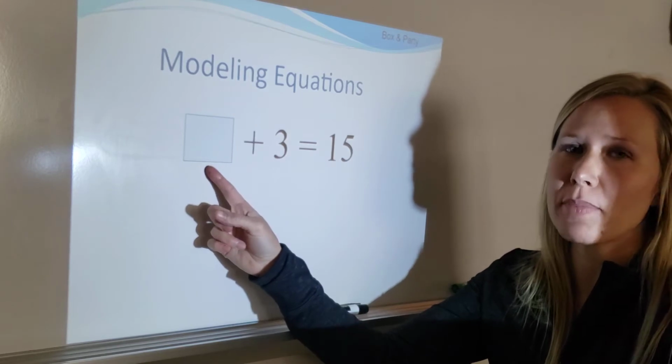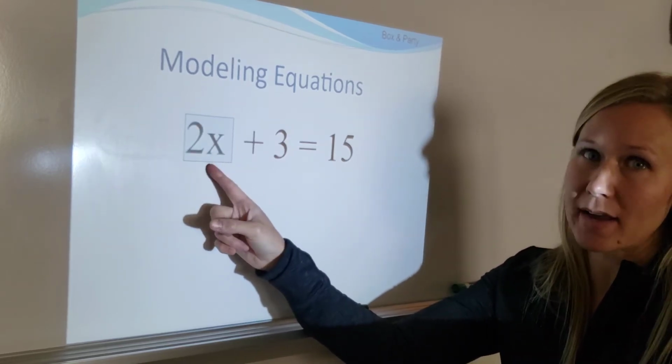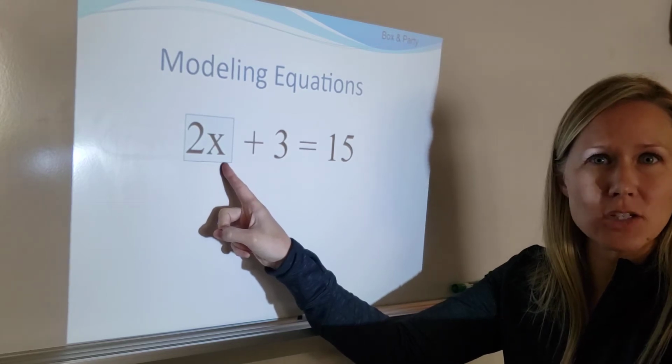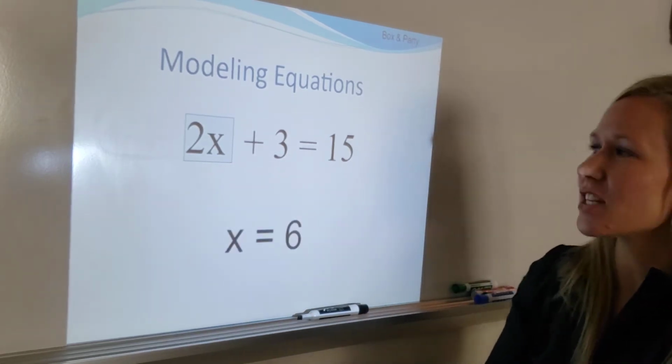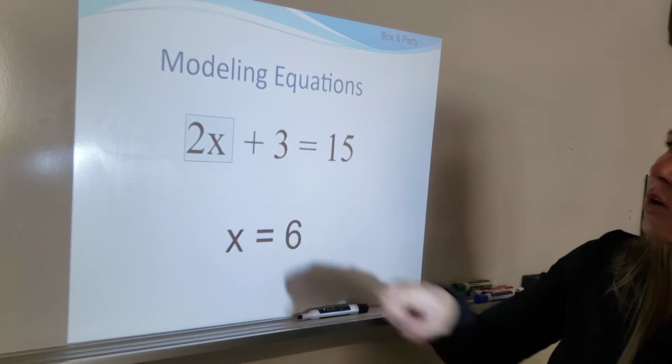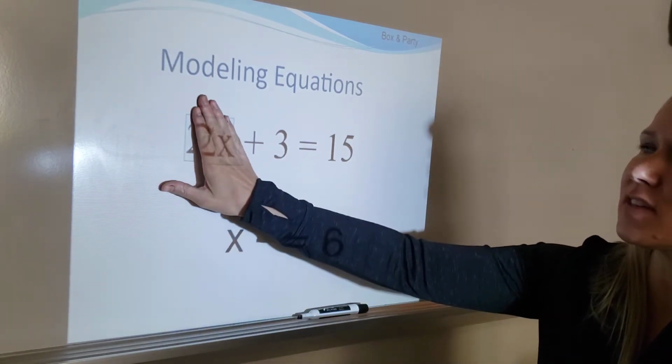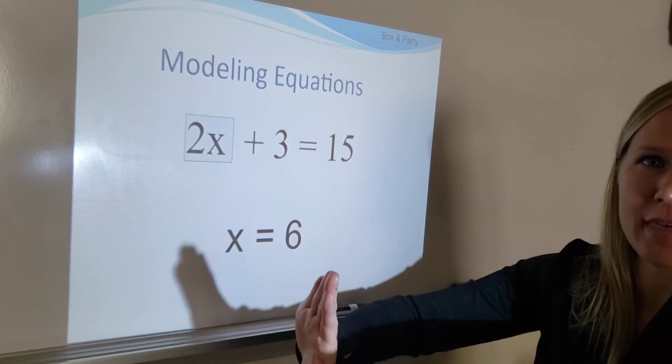But what if I told you that behind the blue box was a 2x? You told me the value had to be 12, so what would the x have to be in order to make it 12? You're right, 6. You just solved this two-step equation in your head. This is called the cover trick, where you can cover this up